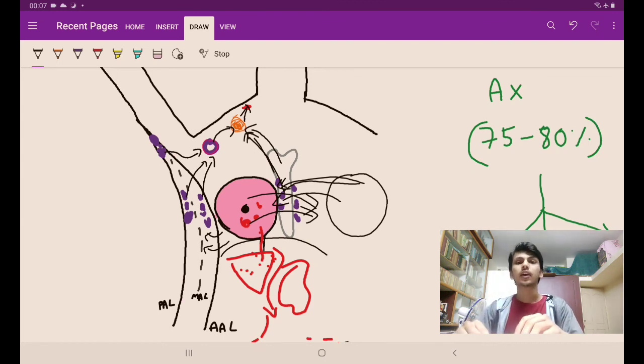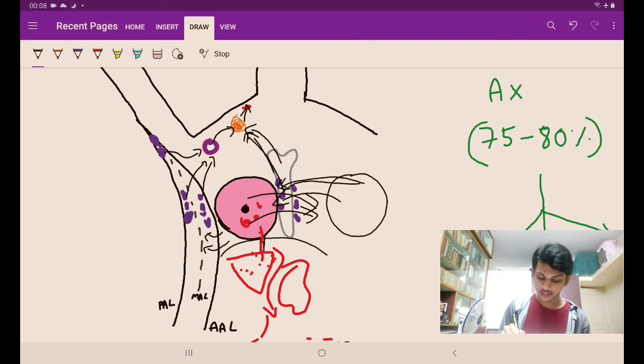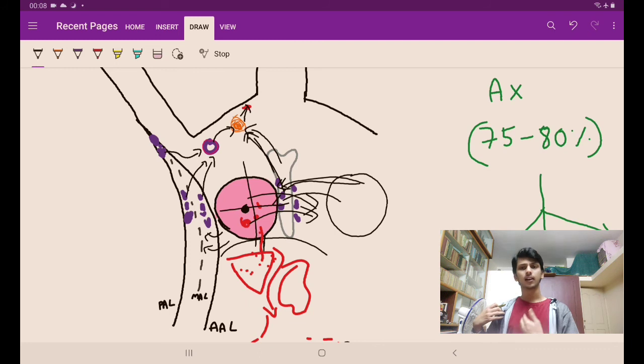So how do they do that? First is inspection. We see the breast, the symmetry of the breast. So if one breast is bigger, one is smaller, or the shape is different, that can be a cause. And if the color is changed. And there is palpation, while there are 4 quadrants of the breast, right? You know that, right, guys? Upper medial, upper lateral, lower medial, lower lateral. So they have to palpate it.